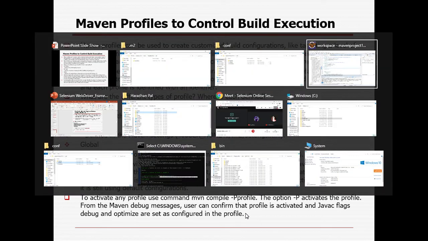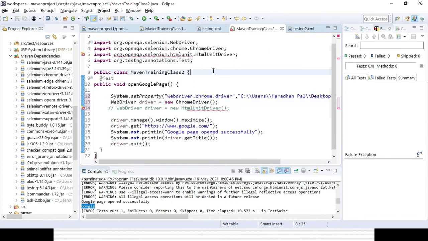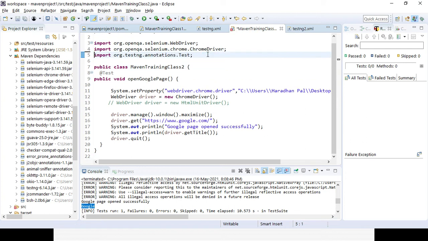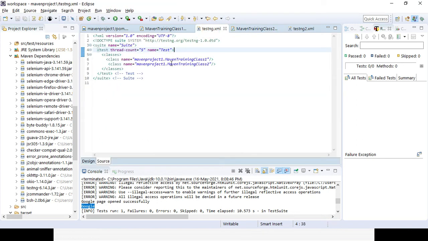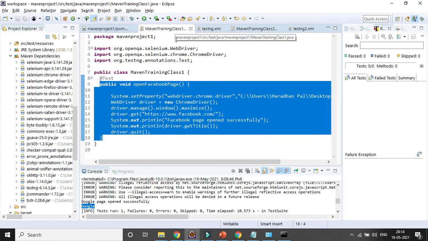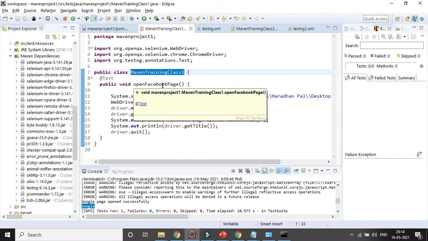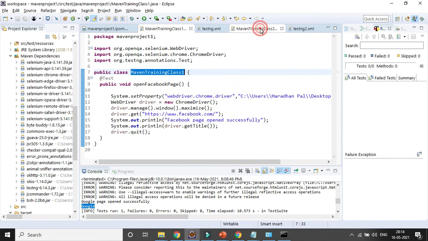So you need to go to the project. Let's save the project. Okay, let's remove that one, it's not used. So I have now two testng XML files. Okay, so let's remove that one. So one testng.xml file, which is testng.xml. I have created two classes. One is class 1, right, which can be my smoke test, and class 2, which can be my functional test.